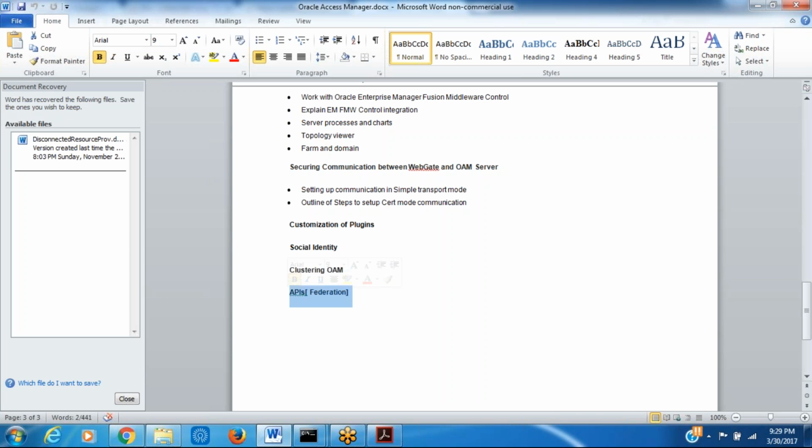I just want to know whether you are mostly into administration or what? I am more interested in administration and customization of plugins, for example, because I'm a developer. I have customized a plugin to use, for example, reCAPTCHA. I implemented a solution that does validation of Google reCAPTCHA inside the plugin. And when people send a request for the OAM authentication, in this case I use